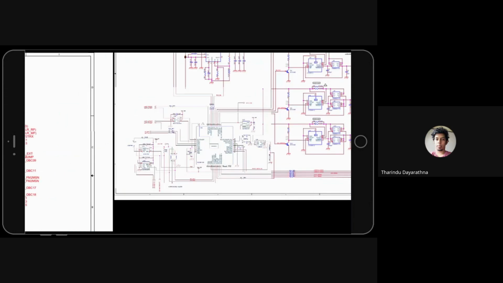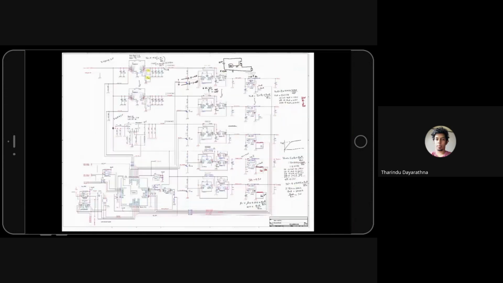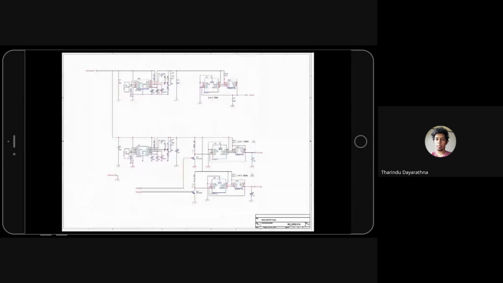Understand. Yeah, before I go there, I forgot to show this is before, these are the